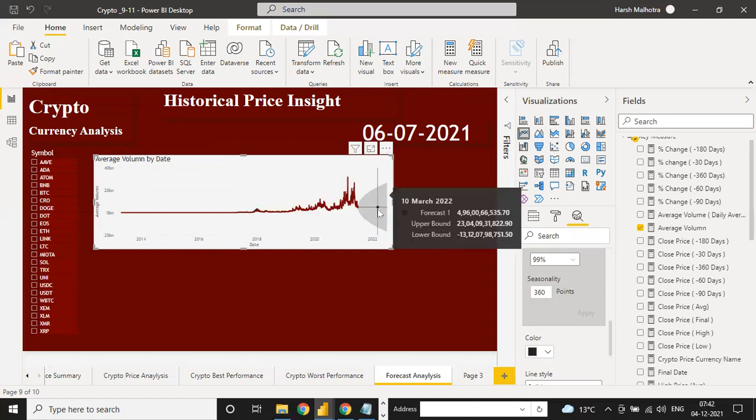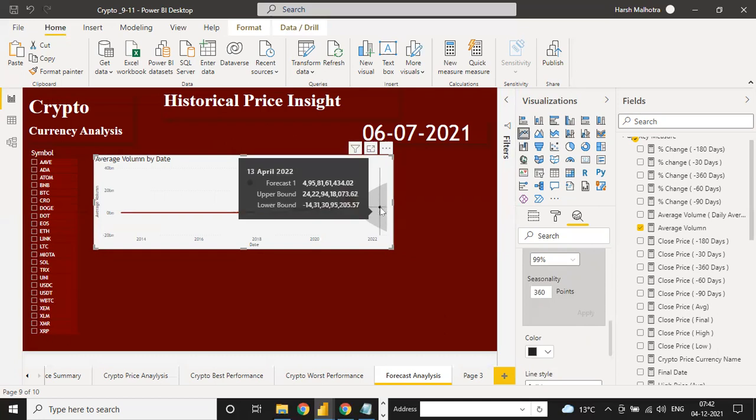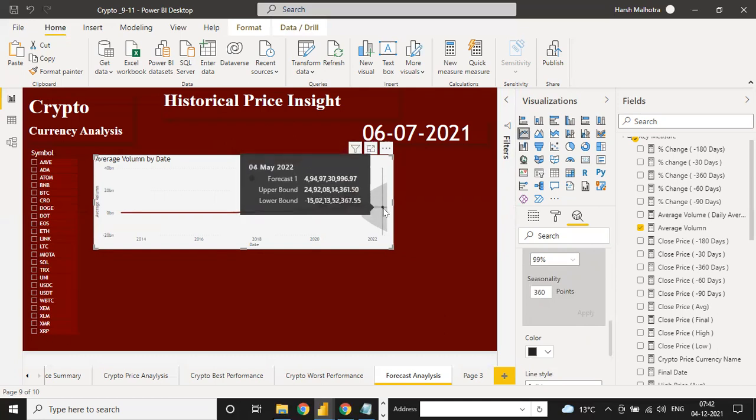And what is the upper and what is the lower bound, guys? Your value can go up to the upper level, which is +1, and down to the lowest level, which is -12. It means your actual forecast value is 49634, but your upper goes till 22, and in the minus we have to go -12. So this is your upper bound and a little lower bound you have in the data.